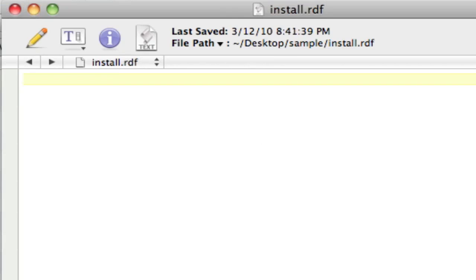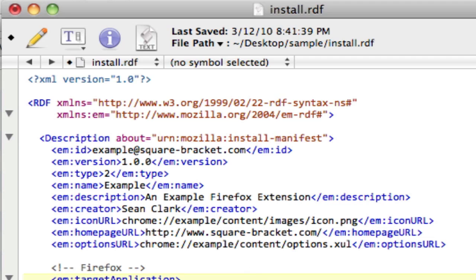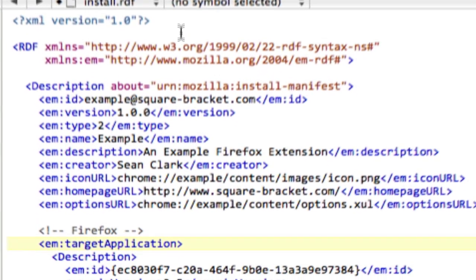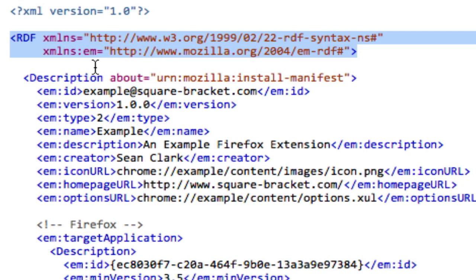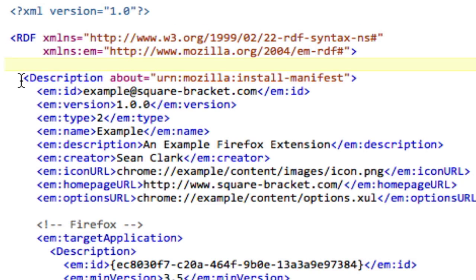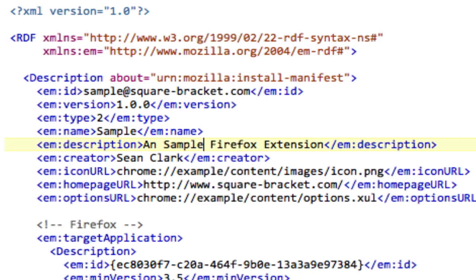Now our install.rdf. I'm just going to paste in one that I already have and then tell you what it's about. Basically, it's this format. It's an XML file in RDF. We're defining what the RDF namespace is. So in a description tag, we're going to have an ID, which needs to be a word at some website, the version of your software, the type of your software, which 2 is for Firefox extensions, the name of your software, then a description of it, and then the creator,